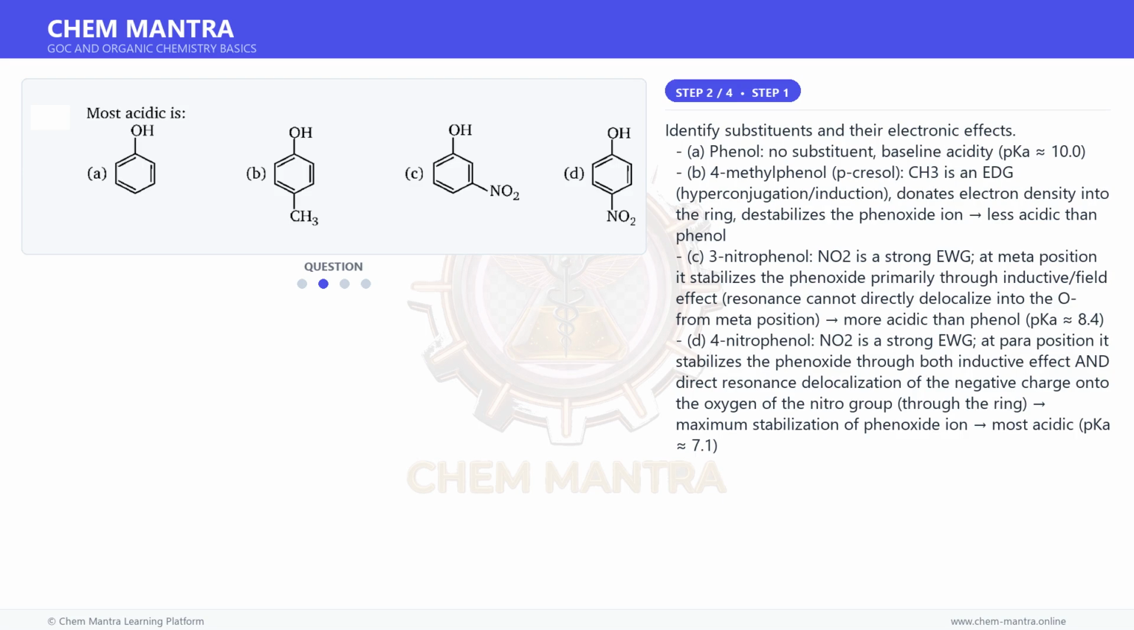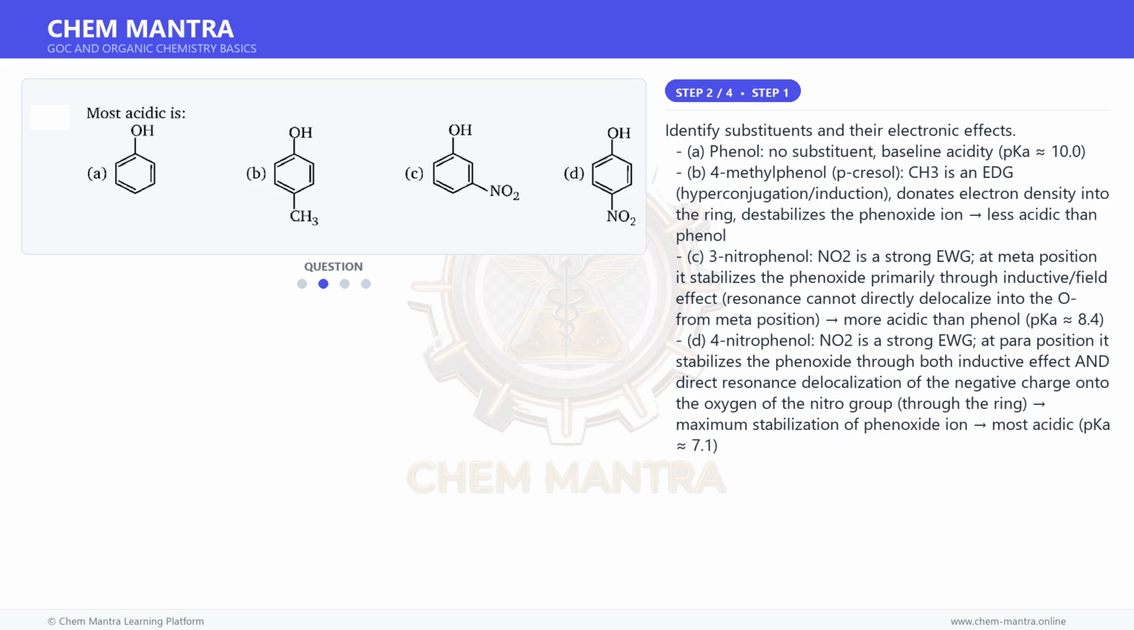Moving on to the next step. Identify substituents and their electronic effects. A. Phenol, no substituent, baseline acidity, pKa 10.0. B. 4-methylphenol, p-cresol. CH3 is an EDG, through hyperconjugation and induction, it donates electron density into the ring, destabilizes the phenoxide ion